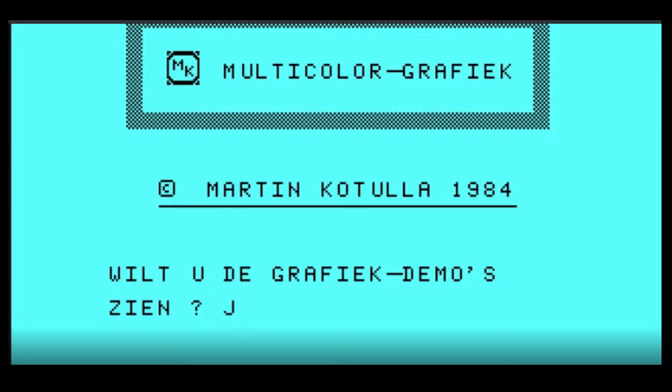Okay, I think what it's saying now is, do we want to run the graphic demo? And I'll press J. I think so too. Yeah. Press enter. Okay, so I always found this to be an interesting demonstration of the little used multicolor graphics mode on the TI, to where you can define a character, instead of being 8x8, you can make it 4x4. And so you don't get the color bleeding like you usually get when you run multiple colors close together.